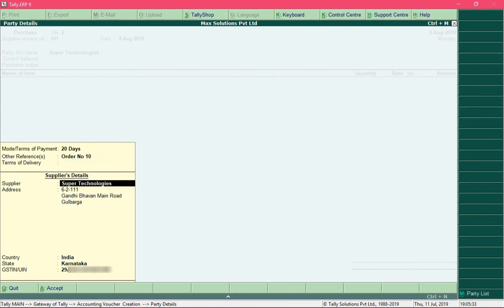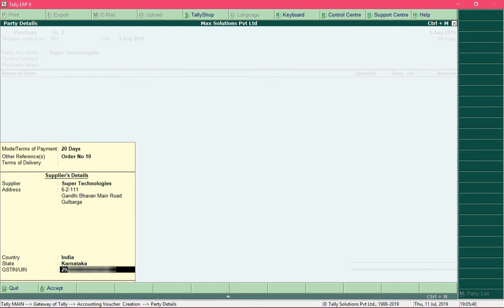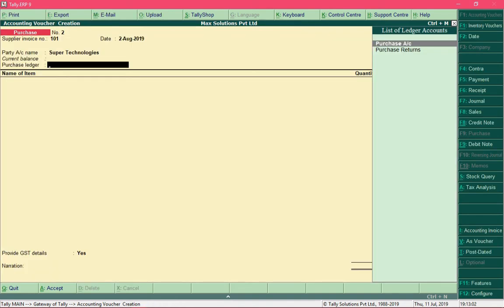The supplier details like its address and its GST information would be captured automatically. It is not necessary to add any information over here. Whenever you are presented with this screen, and if you don't want to add any information, just press Ctrl A to skip this step.